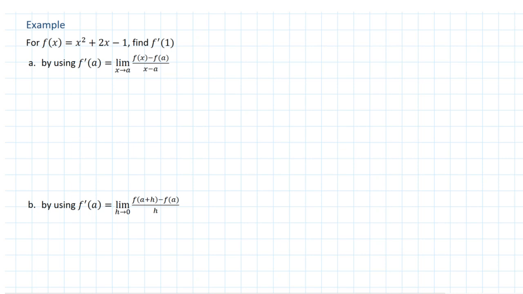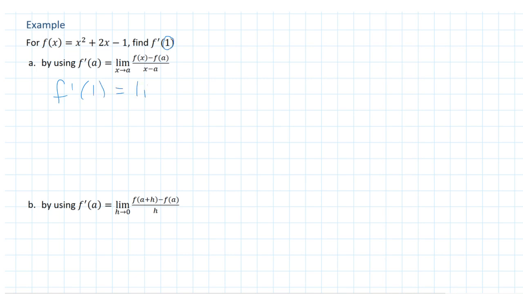In this example, we're going to be finding the derivative using limits, but two different ways. Using this definition of the derivative, this limit, and then using this one. And we'll see that we get the same answer no matter how we do it. So for the first one, f prime of a, where a is equal to 1, is